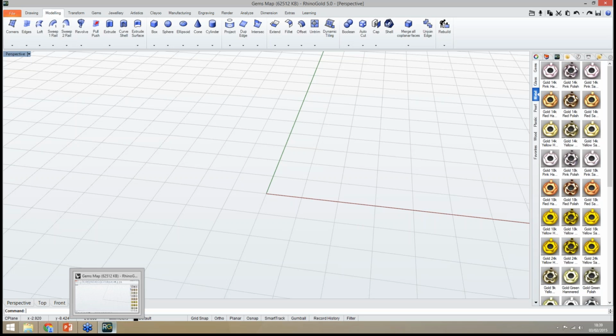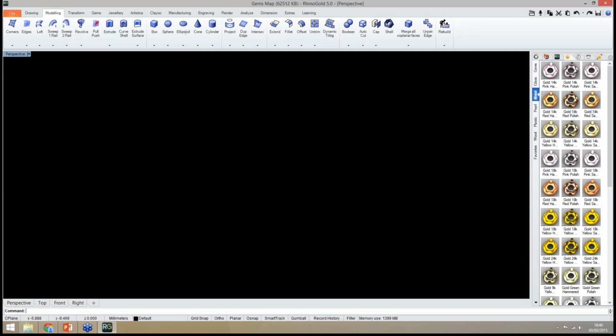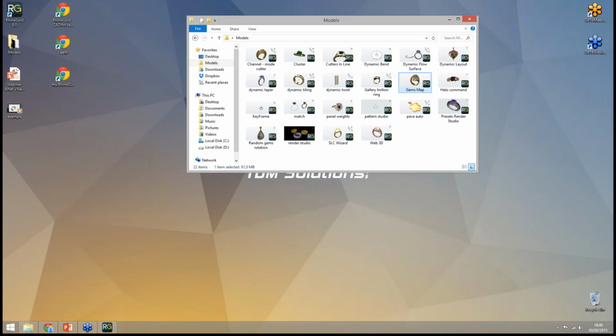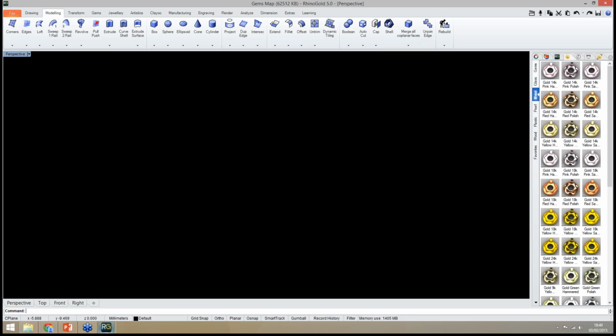Let me open it again. For some reason it's not loading the file. Let me open a new one.